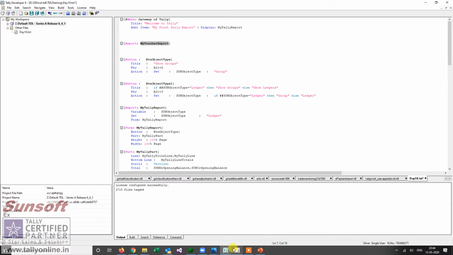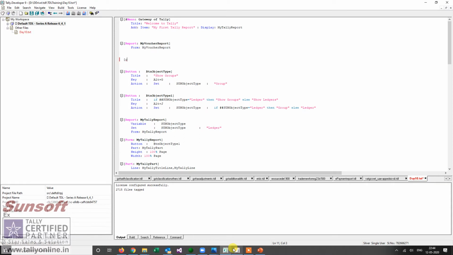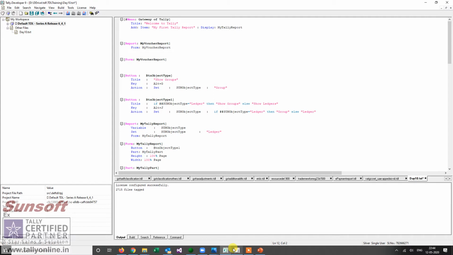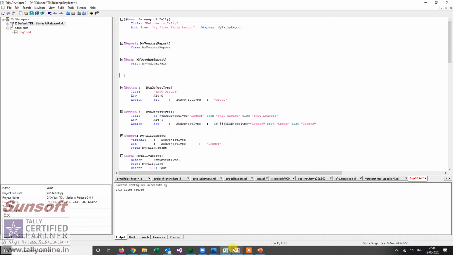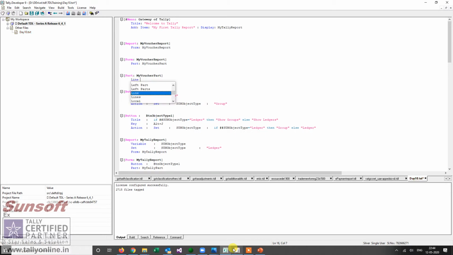My report has a form, and then I define a form. Now my form has a part. The part has a line.